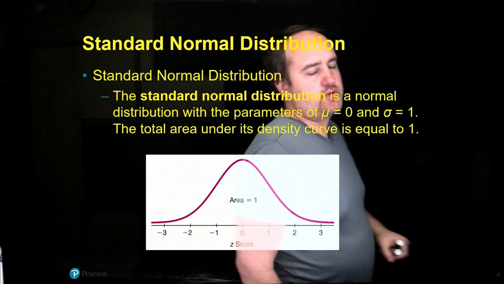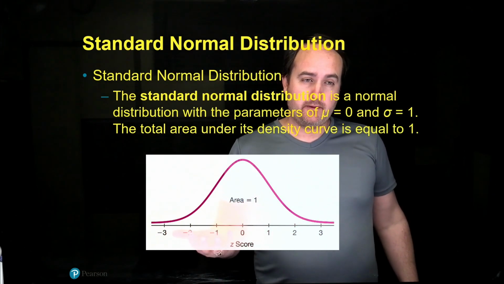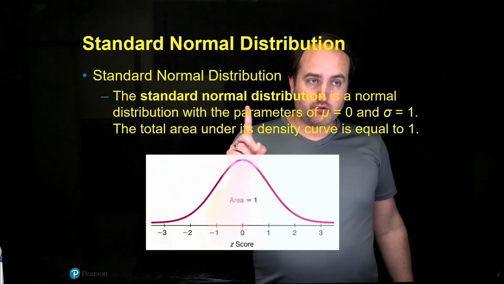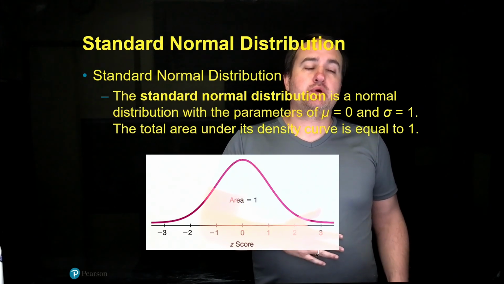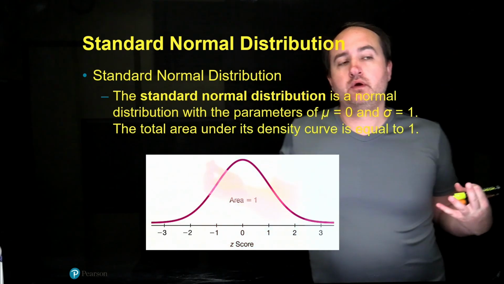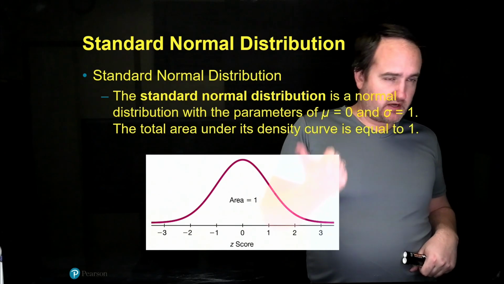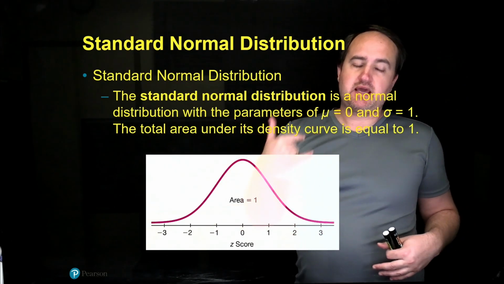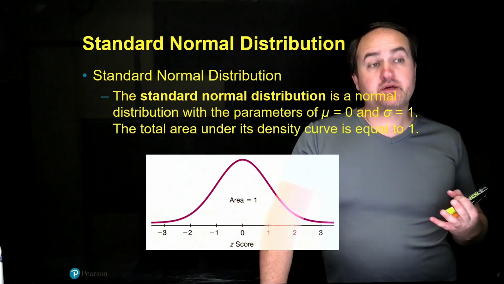Okay, so even though it's harder to find areas underneath a normal distribution curve, as long as it's standard normal, you can use a table, which is very helpful. There are also calculators and software, which I won't be going over because I don't require people in my class to use software or calculator. So I'll just be putting the table that we're going to be referring to in this lecture,